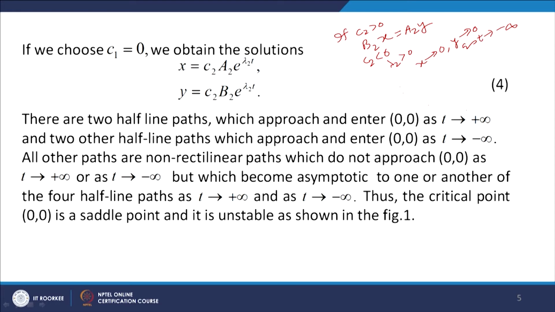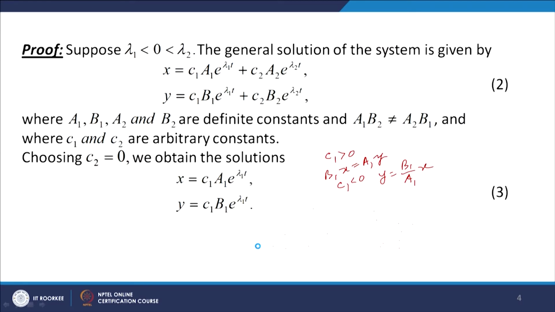Now, let us take C1 not equal to 0, C2 not equal to 0. When C1 is not equal to 0 and C2 is not equal to 0, then what do we get? We have x equal to C1 A1. So, when C1 is not equal to 0 and C2 is not equal to 0, then these two paths represent these solutions 2 represents rectilinear paths, because as t goes to plus infinity,